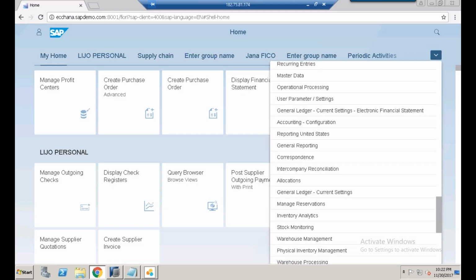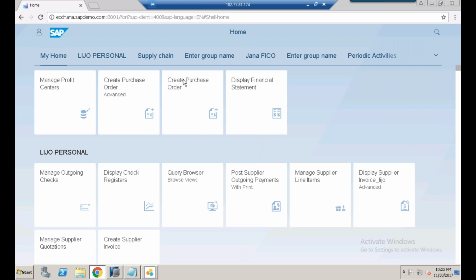So here you have the SAP Fiori, which is one user interface for creating purchase orders, displaying financial statements. On the other side, you have SAP Lumira, which is another UI to have rich visualizations.